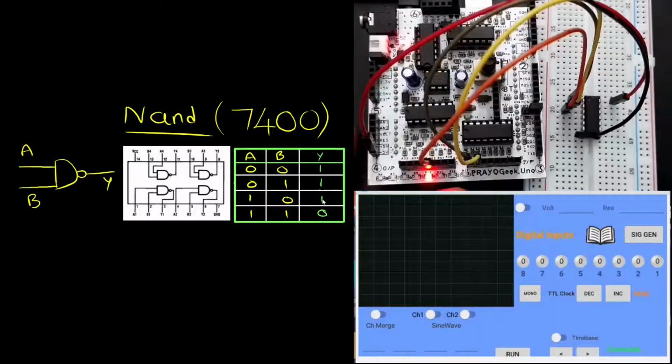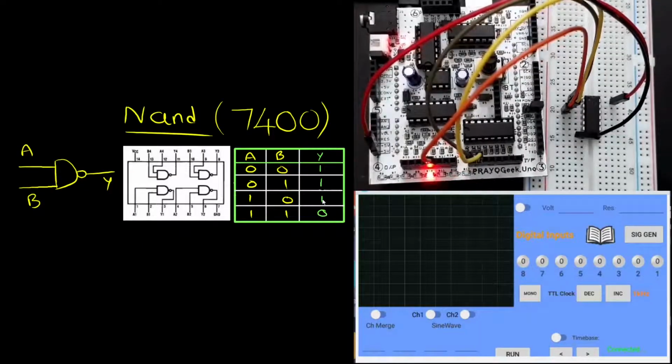Now let's go to our Android app and see how different input values will change the output value. You can see here straight away, when we have both the inputs as 0, the output LED is already on. Let me make one of the inputs 1, still the output LED is on. And now let me make the other input 1, and still the output LED is on, right? This is what we saw in the truth table.